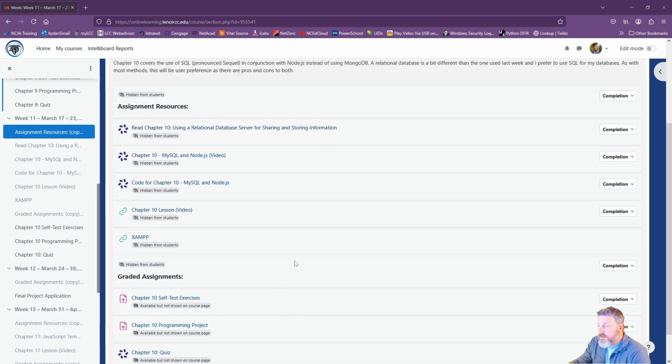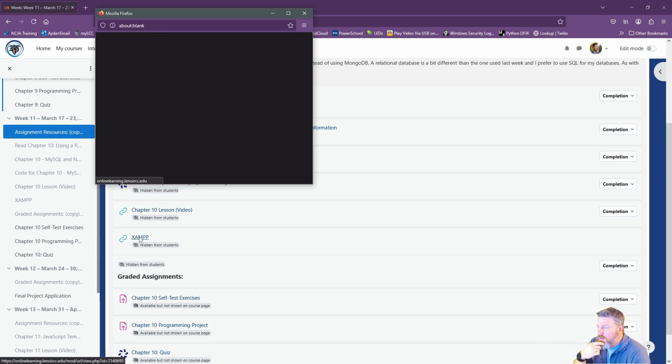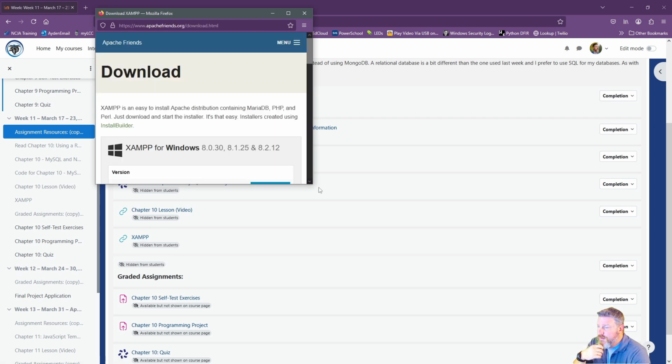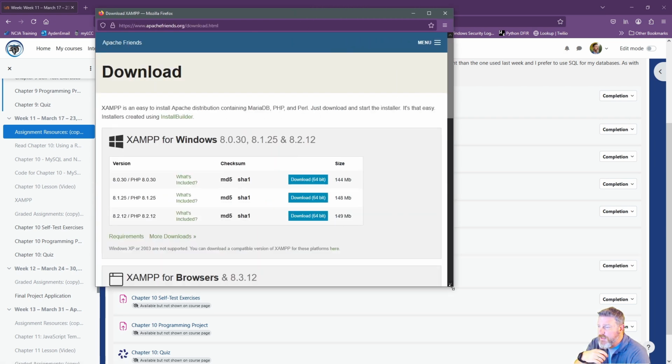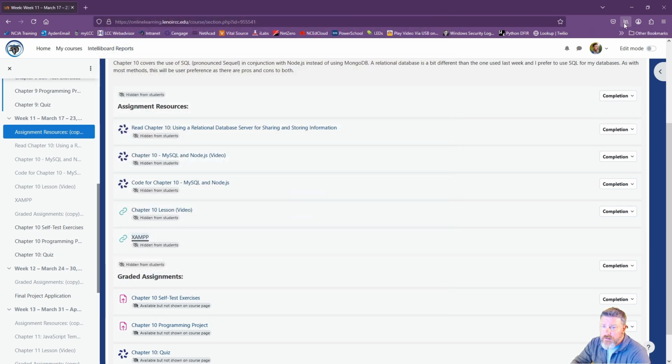For this project, we will use a program called XAMPP, and that will let us kind of mock up an Apache server and a MySQL database so we can interact with the two. Just download it from here. It will take some time to download. I downloaded the 8.2.12 because that seems to be the most recent version. That will take some time, but once it is downloaded,